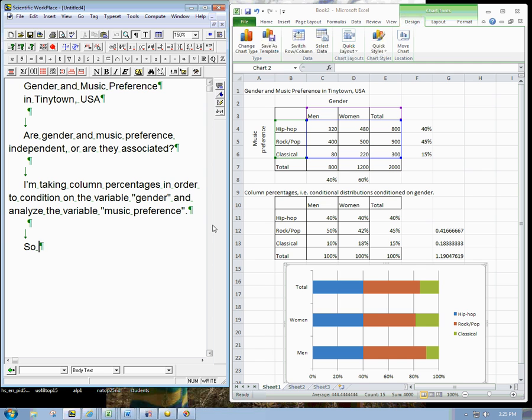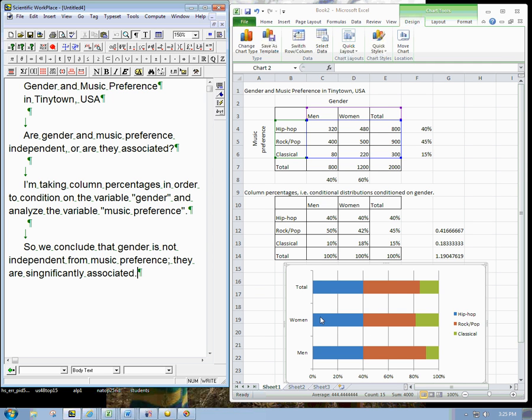Okay, so we conclude that gender is not independent from music preference. That's supposed to be a semicolon. They are significantly associated. So, for example, if you were promoting a classical music concert, you might not be that interested in promoting it to men, or you might be fine if you have an advertisement that's skewed towards women, because they're much more likely to like it.